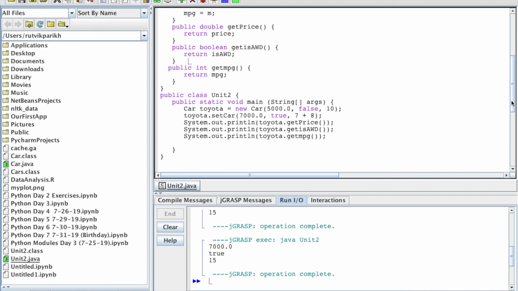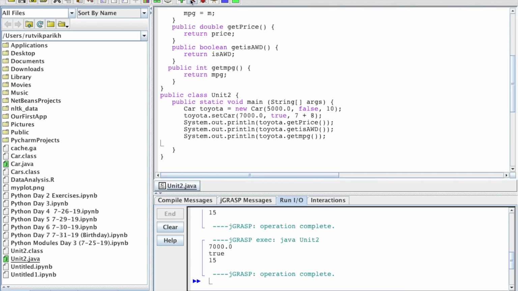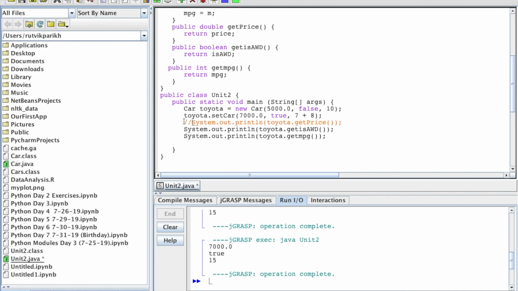So what I mean by that is, here you can see I've used all 3 of these methods, and I use them in a print statement. And when I run that, you can see I get these values here. However, say that we comment out these print statements for now, right? And let's just call one of these get methods as it is,